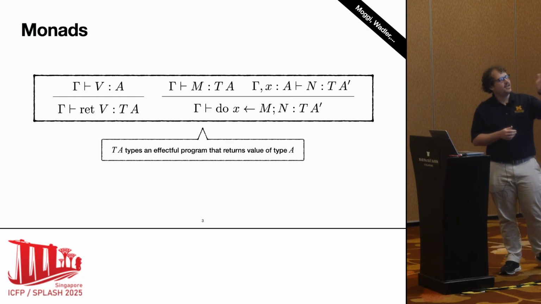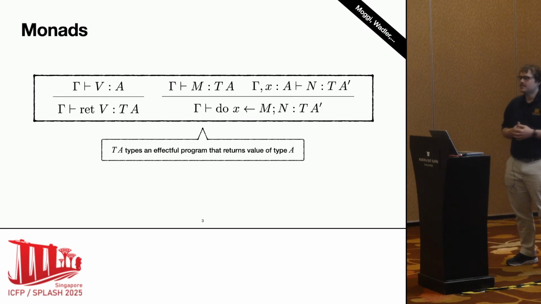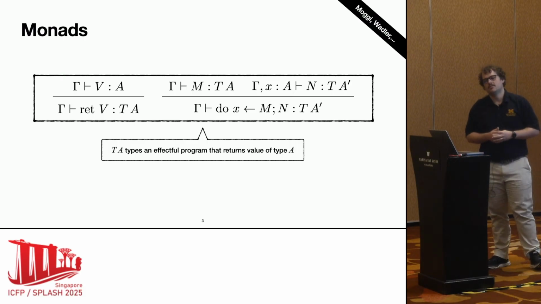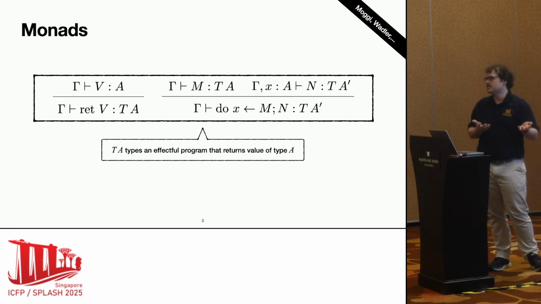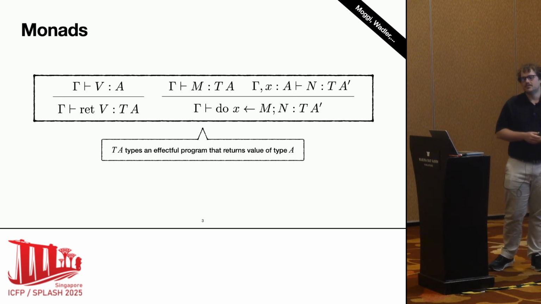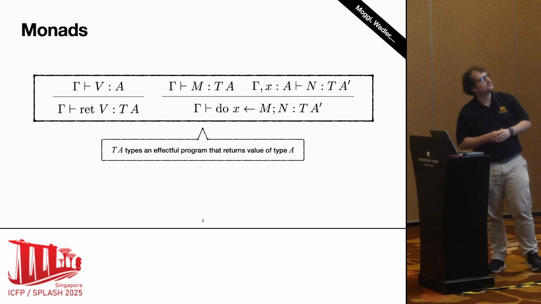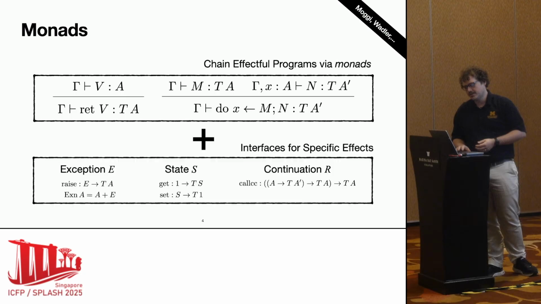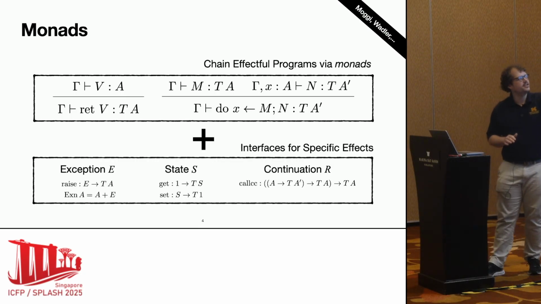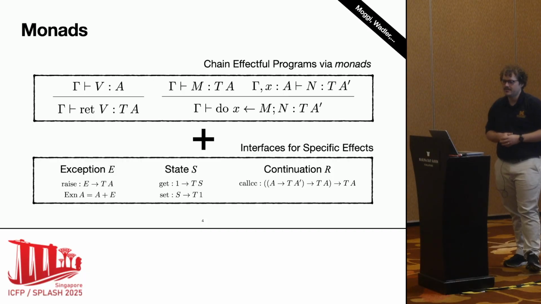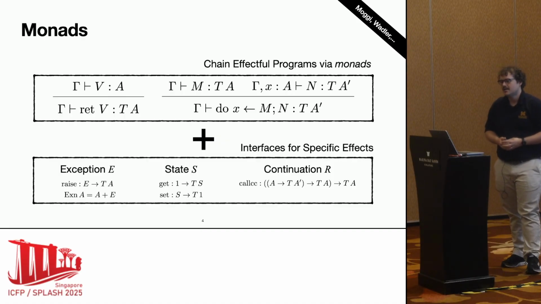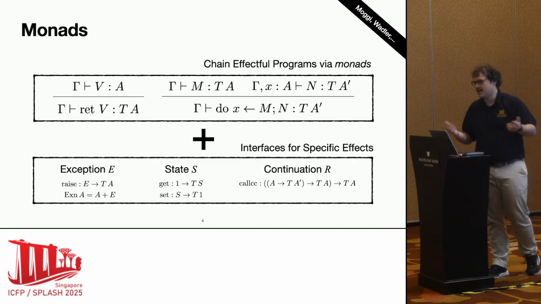A monad takes a type A and gives you a type TA that we think of as the type of effectful programs that return A values. And the monad interface gives you the most basic operations that such an effect should support. So we can embed pure values using return, and we can sequence with a kind of let binding, which we use with do notation. Okay? And then we can instantiate all this with different effect implementations within our language to kind of virtualize these effects, to add them to a language that doesn't already have them.